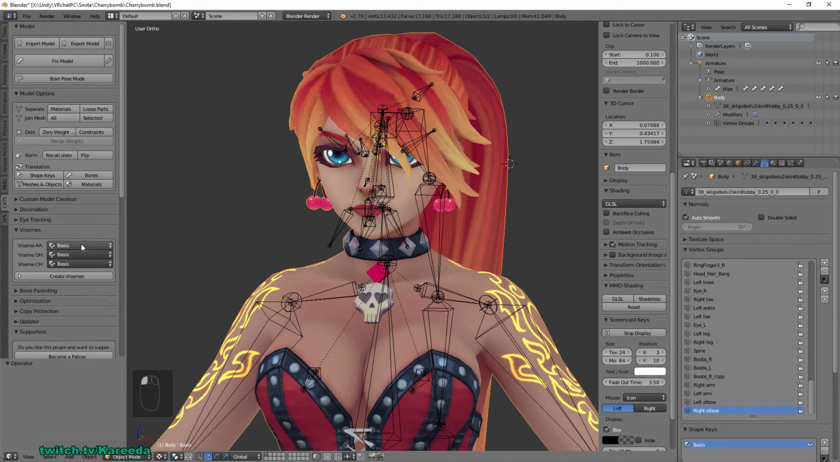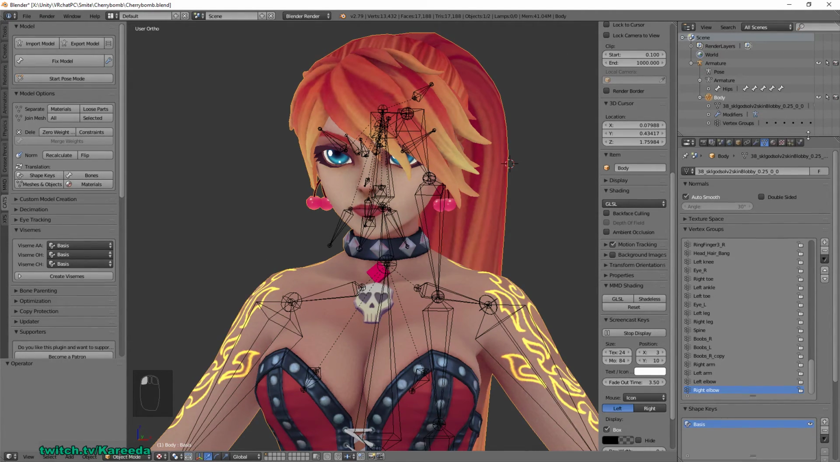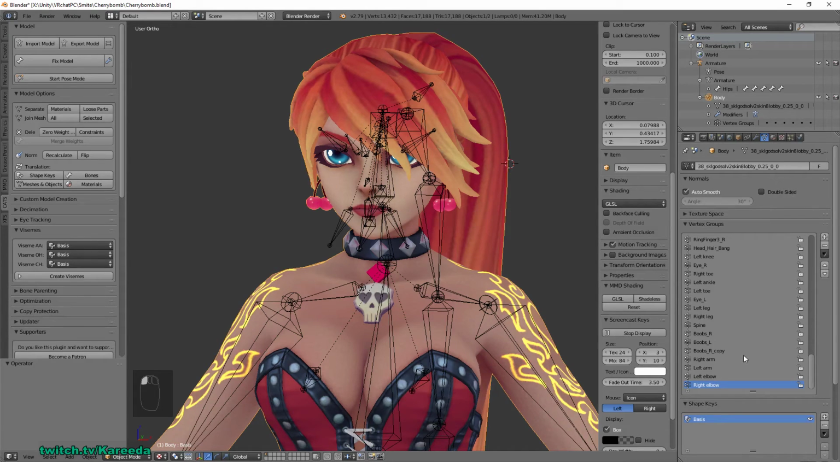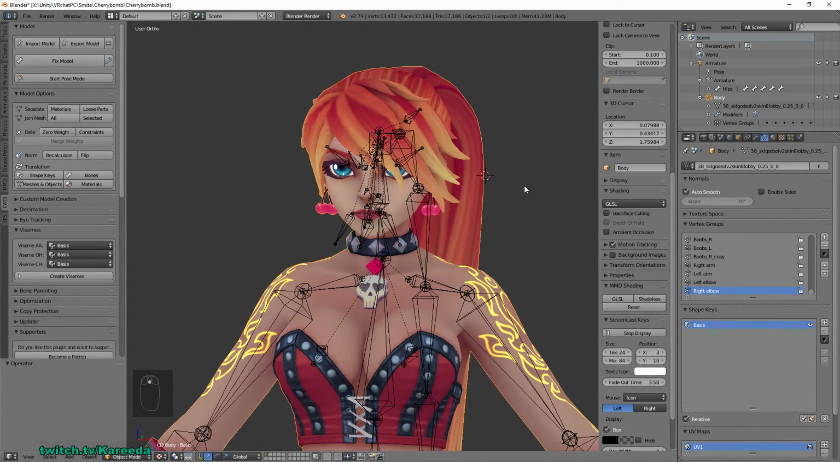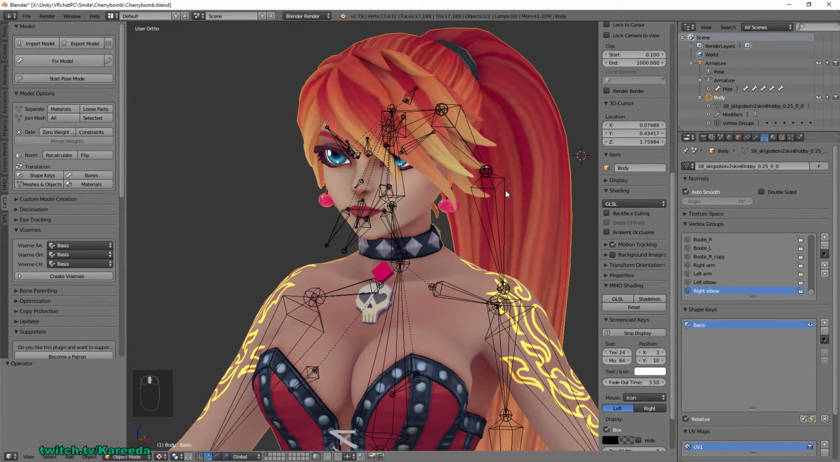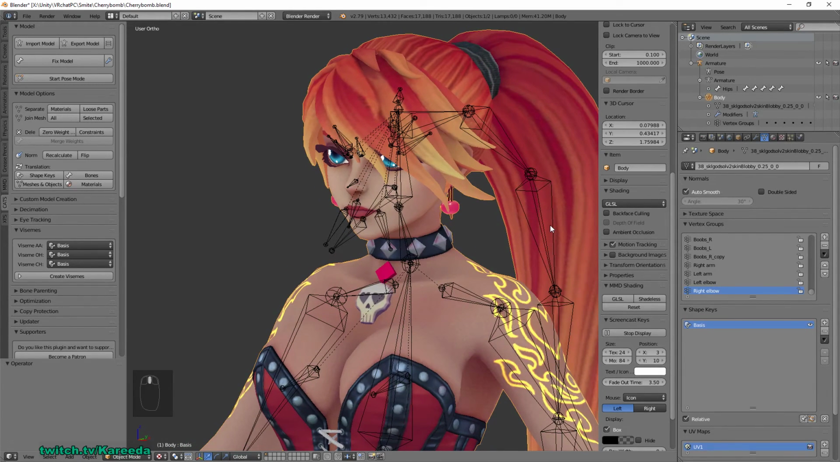Problem is this model doesn't come with any. It doesn't come with any blend shapes, nothing. So you only see basis in here. So on the right panel, if you have the body mesh selected, you'd have in here something called shape keys. Now right now we only have one in there. The shape keys are the same as the blend shapes in Unity, as well as what you would call the